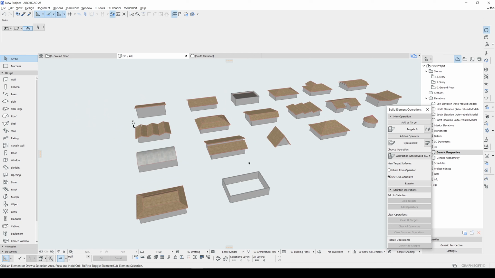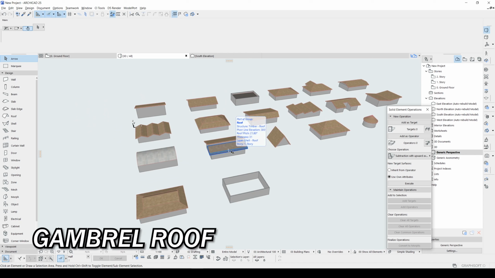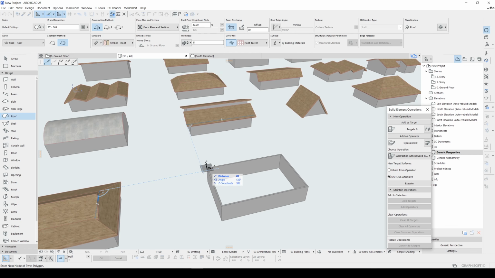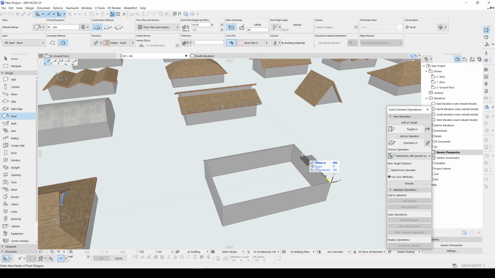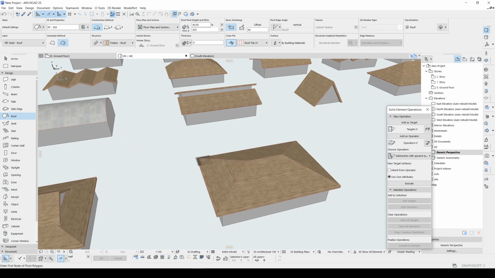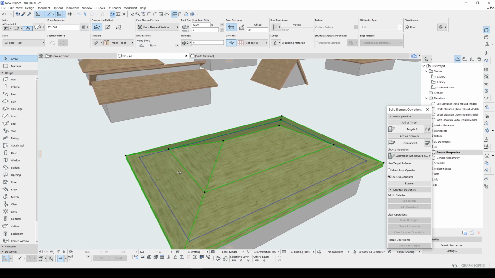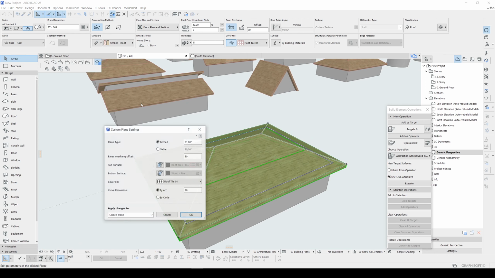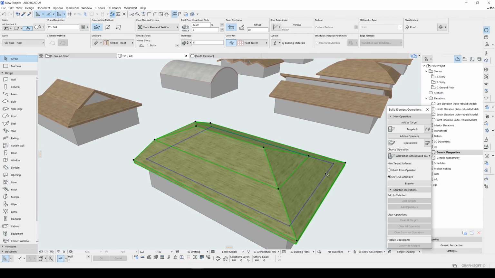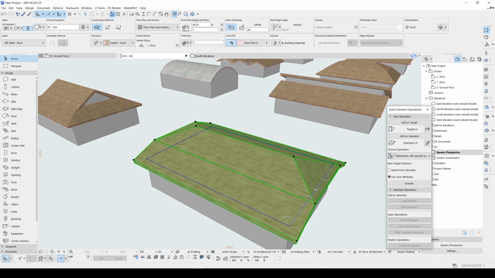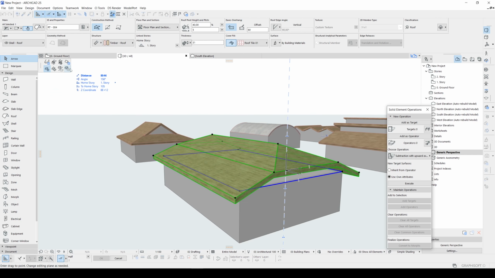Alright, let's move forward. Now we are going to create a gambrel roof. It's very similar to a farmhouse roof, you will remember when we created, and also it's very similar in method to this one. Let's copy this roof or any empty roof. And as you can see, we have 2 additional levels, but this time this edge will be gable. Also same, and this is going to be also gable.